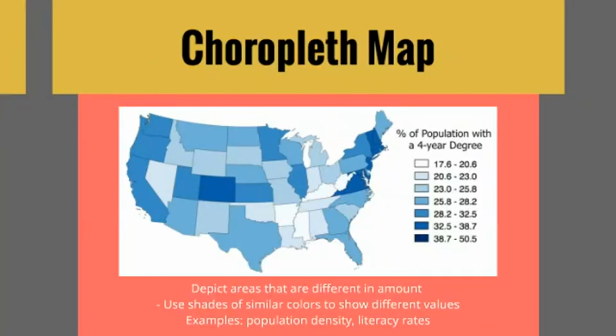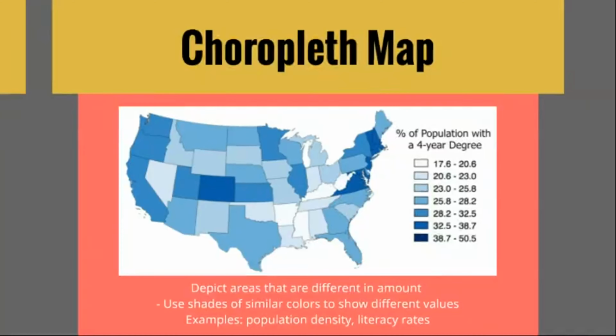Next, we have choropleth maps. Choropleth maps are ones that use the same color or two colors at different shades to show different values. So they show different stats based on how shaded in the color is. You can see the population of the states with a 4-year degree of the United States right there. And you can see the darkest ones where they are, and you can also see the lightest are West Virginia,